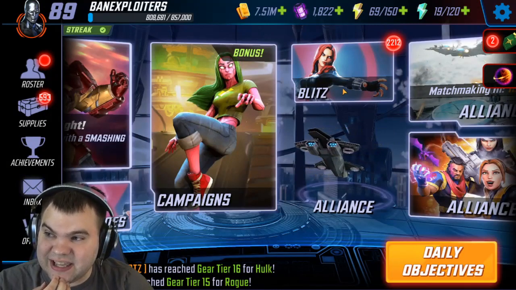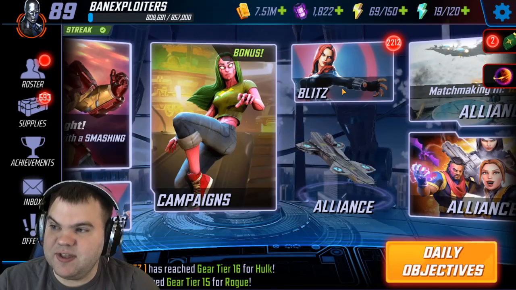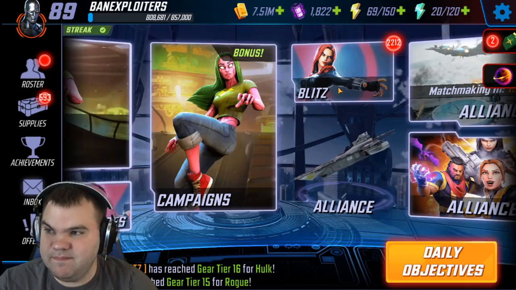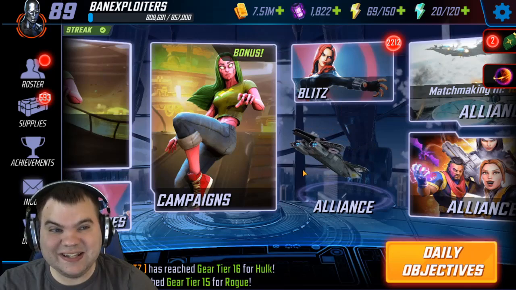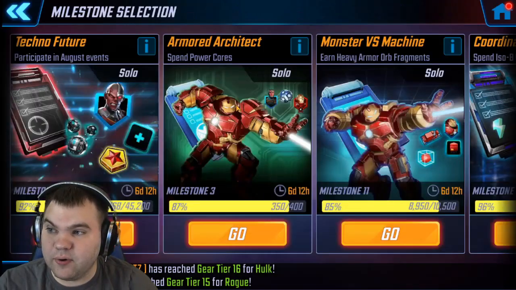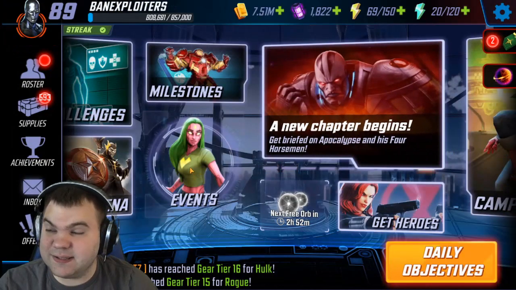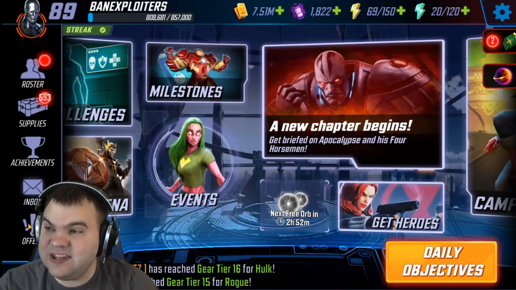So realistically, in order to unlock Hulkbuster, and this is the issue, this is where they're going to be pushing offers, and that's not ideal. You're looking at 7 to 8 blitz rotations a day, plus spending quite a few power cores, plus likely buying offers, or spending some money on offers and not doing as much blitz rotation, and then you can unlock